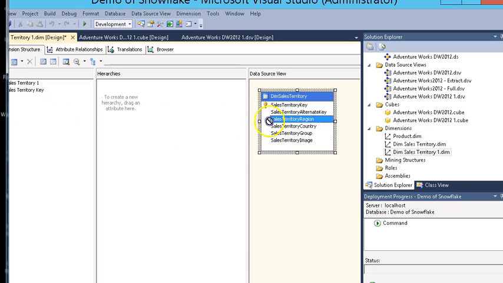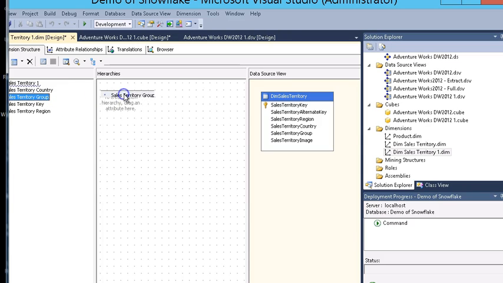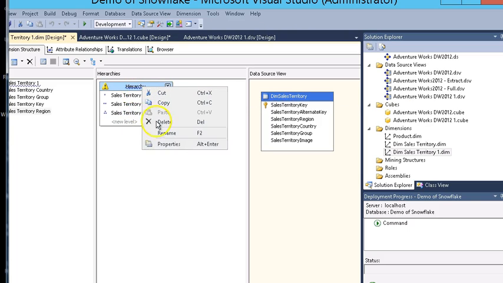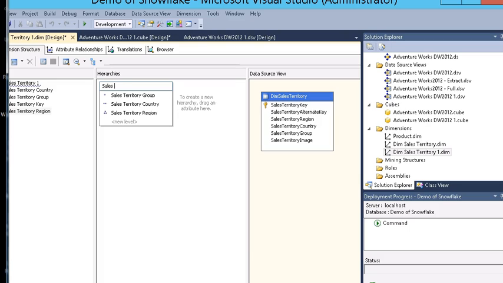So we can take the country region, the country itself, and the grouping of the countries. These will now appear on the Excel menu, but if we want to drill down the system, we would like to say inside different groupings of countries, we then get the country itself, and within the country itself, we then get the region. And let's rename that Sales Territory Hierarchy,